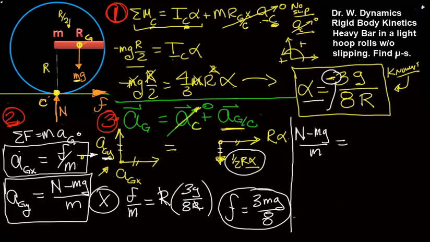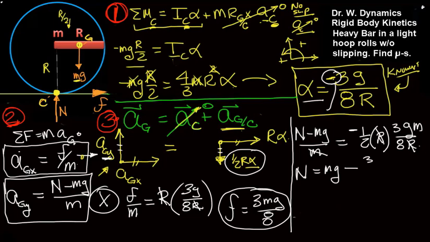Now these are opposites to each other, so we have to put a negative in here. So that's equal to negative 1/2 r, and alpha is 3g on 8r, and the r's go. We can bring this m over to here, and N therefore will be mg